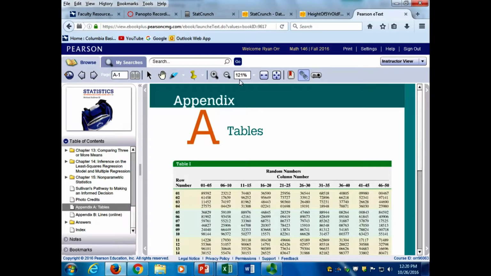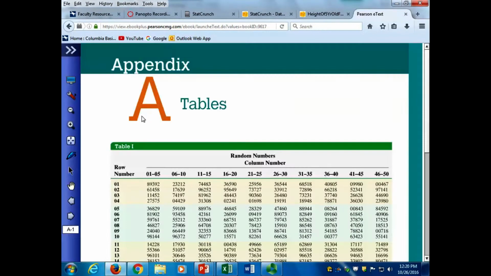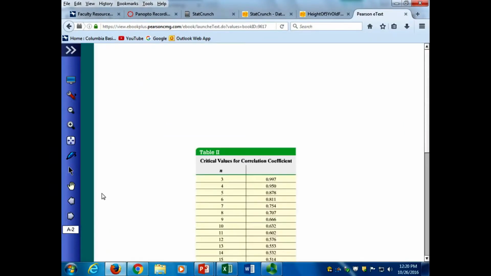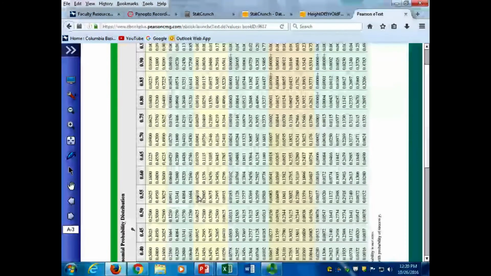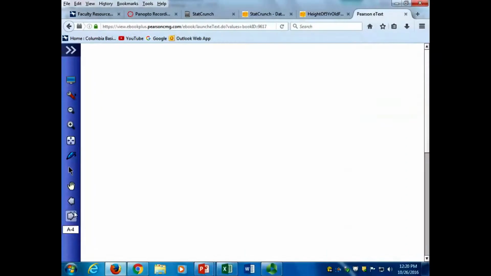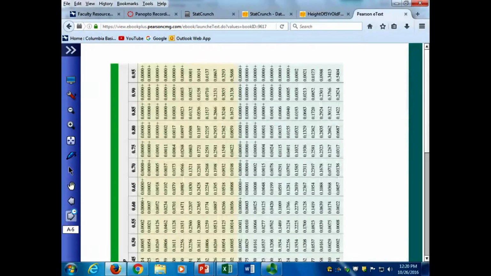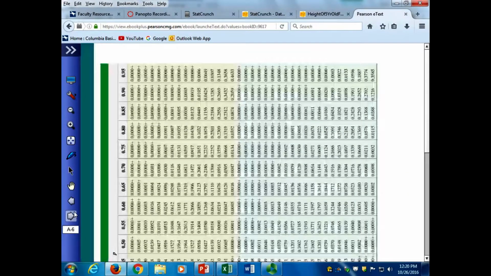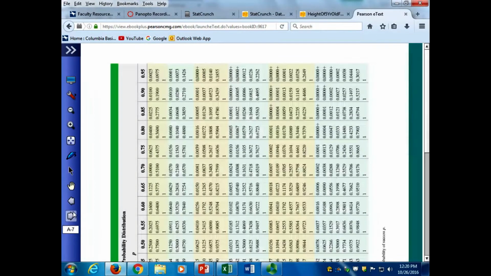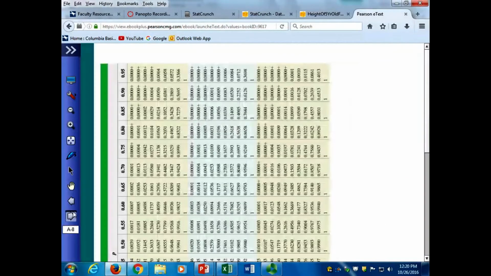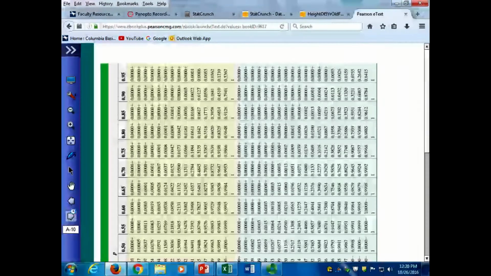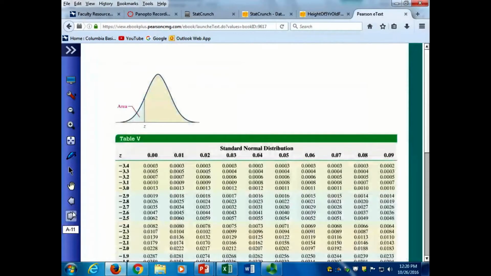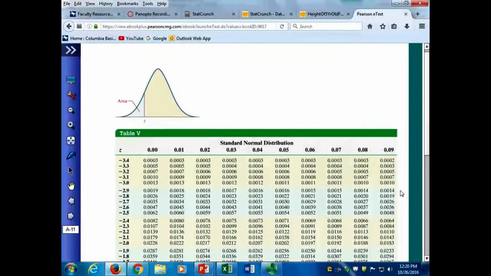Boom, boom. Okay, so here's our table of random numbers. That was fun. Remember those? I taught you how to read them wrong. That was cool. What the heck is this? Oh, there's something we don't need to worry about. Where is it at? It's back here somewhere. There's A5. What's going on here? Ooh. Yeah. Z-table. Come on, where are you? I'm going to get to it eventually. What are all these tables? Here you go. Here's a Z-table.